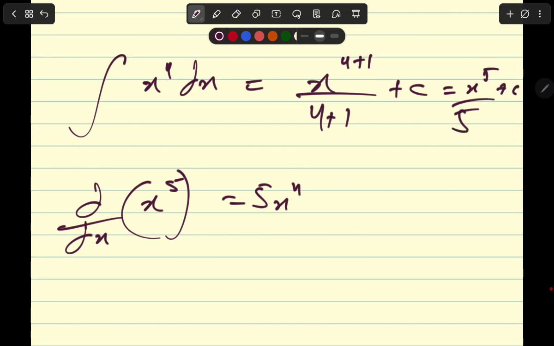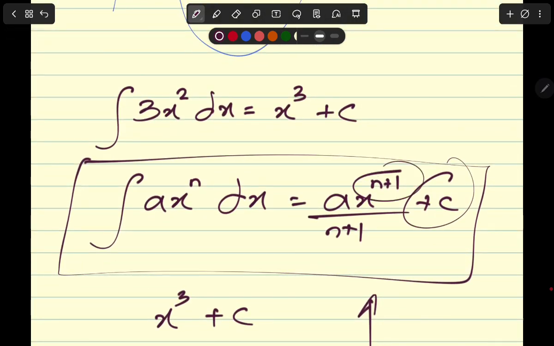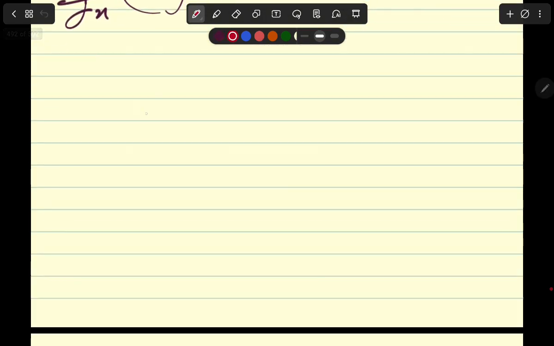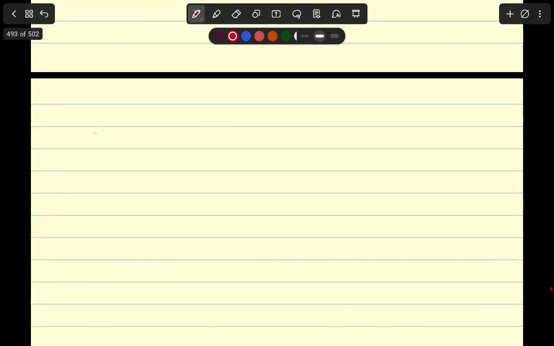Okay, so you should be noticing a pattern here, that students eventually realize: you increase the power by 1, like we put in our definition, and we divide by the new power. So I can write it down here in words: increase power by 1 and divide by the new power. If n was the original power, then n plus 1 is the new power. Now the power rule of integration, let's start that,